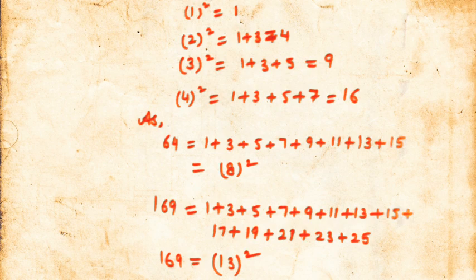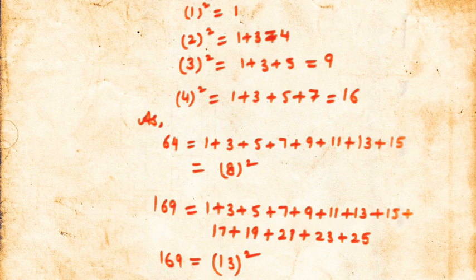1 ही। Same as 2 का स्क्वायर करोगे तो इसमें कितने नंबर लिखे जाएंगे, ऑड नंबर लिखे जाएंगे, फर्स्ट 2 ऑड नंबर्स आएंगे, 1 + 3, answer is 4, 4 is the square of 2. And 3 square it can be also expressed as the sum of 3 odd numbers. कौन से 3 नंबर ऑड नंबर होंगे, 1, 3 and 5, so answer is 9, 9 is a square of 3. Similarly 4 square it will be 1 + 3